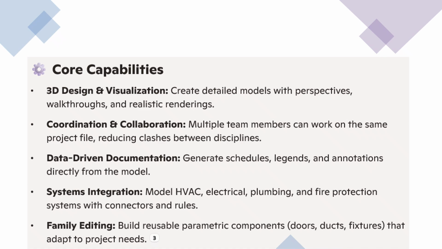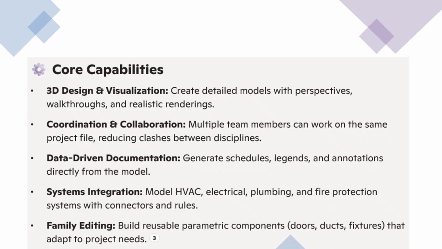These systems aren't just drawn, they're simulated, analyzed, and coordinated. And finally, family editing. You can build reusable parametric components like ducts, fixtures, and valves that adapt to project needs. This gives you control, flexibility, and consistency across your models. This slide is about capability, showing how Revit empowers you not just to draw, but to design, coordinate, and deliver